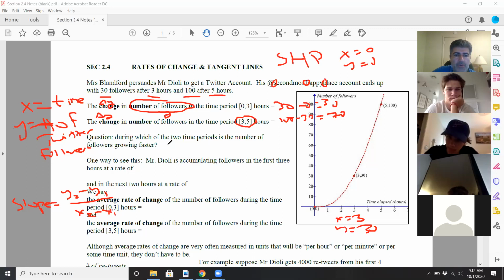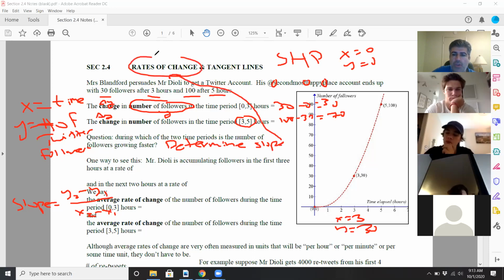So what you need to do is determine slope, because slope represents a rate of change. You want to see what interval has the fastest change. Was it the first interval or the second interval? So here's how you could look at this. We have to look at this through the lens of slope. So we'll answer this question, I think you could probably tell it's going to be the second interval, but let's